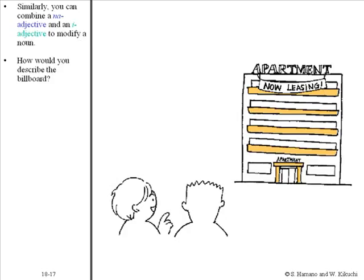Similarly, you can combine a na-adjective and an I-adjective to modify a noun. How would you describe the billboard? 誰でも見えるような大きい看板でした。